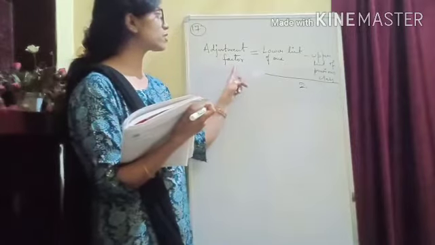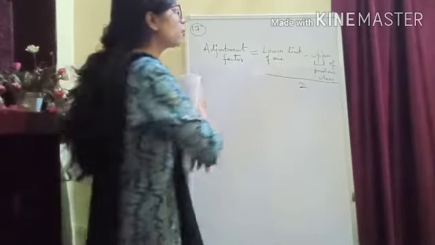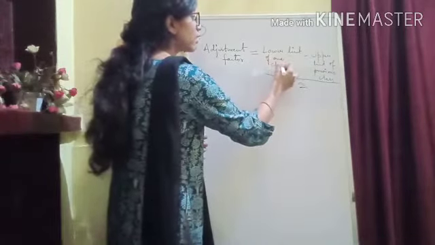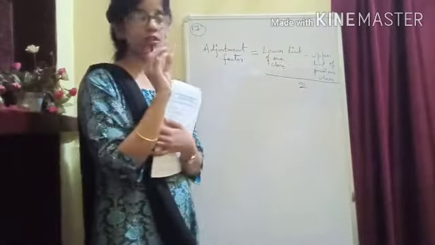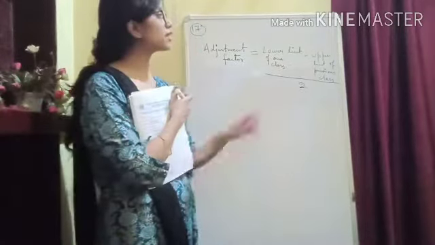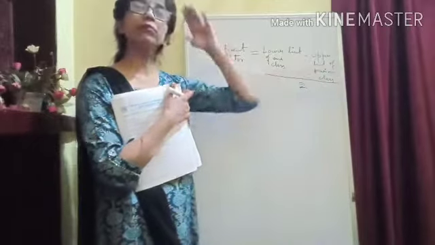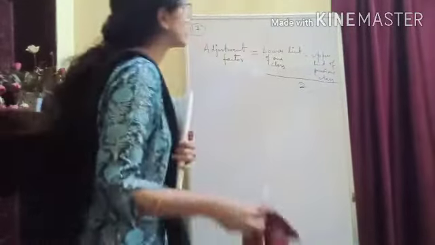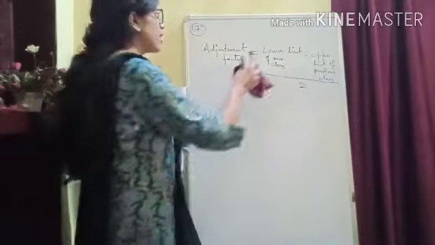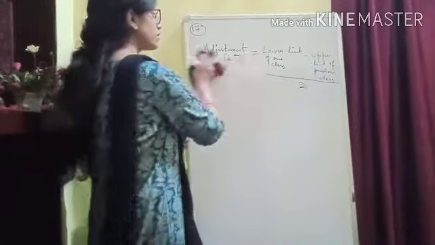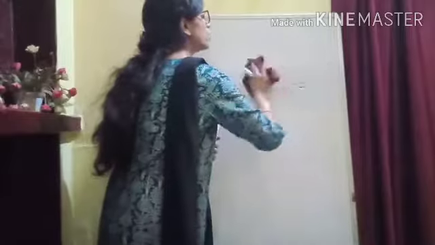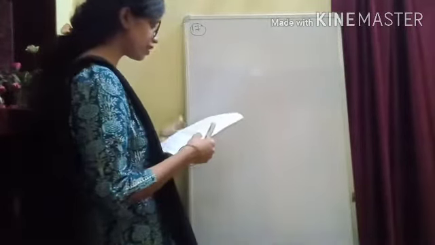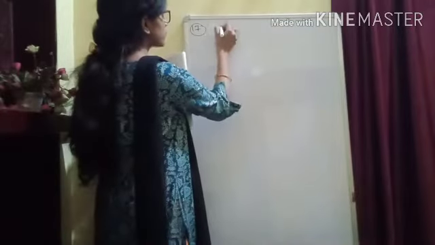How to calculate the adjustment factor? We have to take the lower limit of one class, you can understand what a lower limit is, and then minus the upper limit of the previous class, divided by 2. This is how we will calculate the adjustment factor. And what we will do with that adjustment factor, we will see. So here I am going to write the given information. The information is class interval is given.